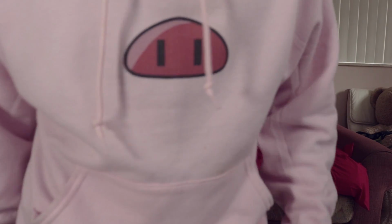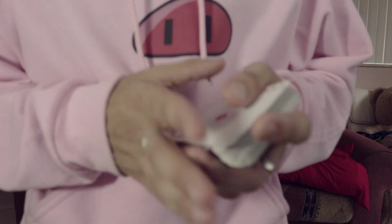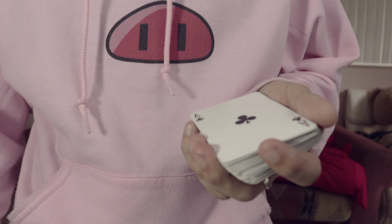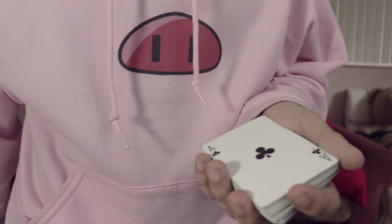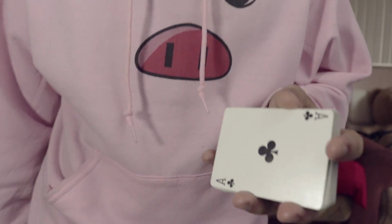Hey there, guys. So this trick is actually self-working. It's actually very, very easy to do. Not super hard. You only technically need to do one slide or maybe 2 slides in the entire thing. So I would consider that self-working because,